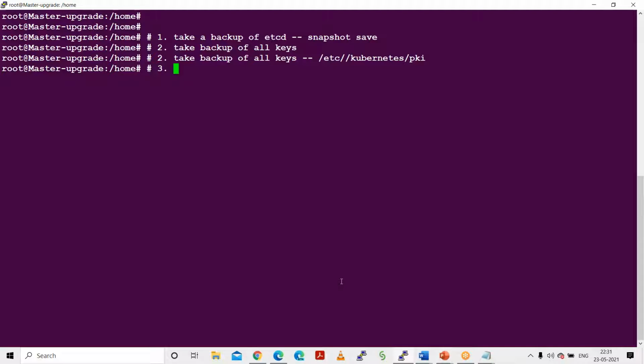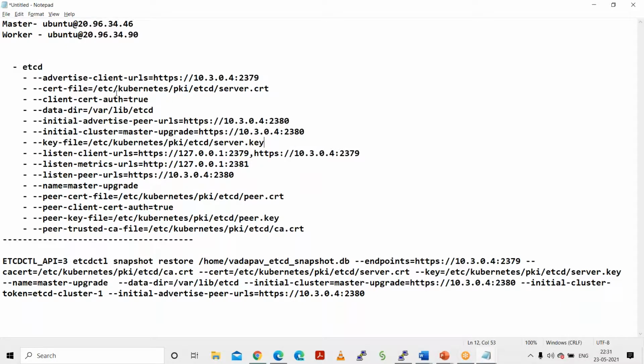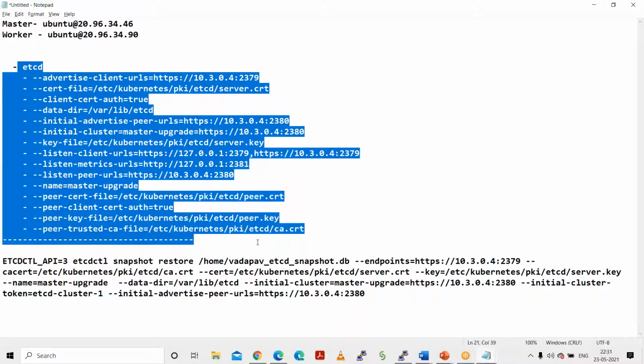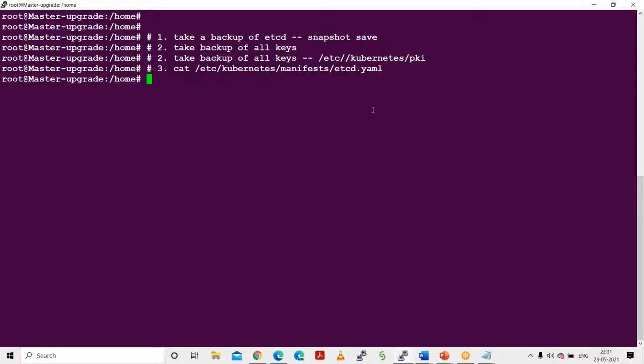Then you have to cat etc kubernetes manifest, and inside manifest there is an etcd file. You have to cat that and take some part of the output, which I have shown you on the notepad, like this one. This much output. Okay, not the entire file. This much output is required. Okay, and then the fourth one is